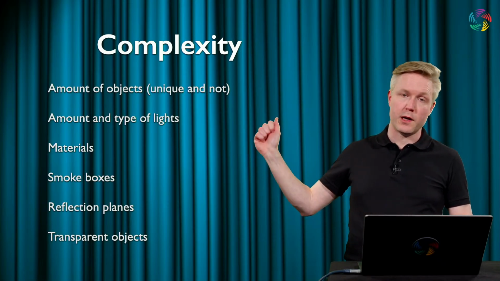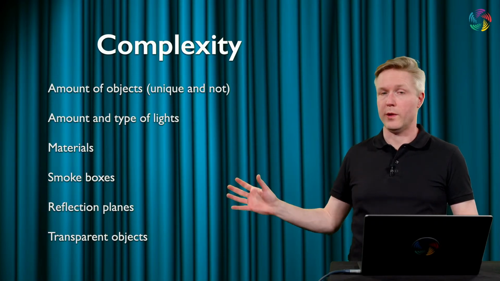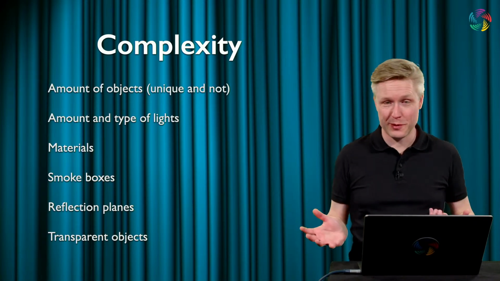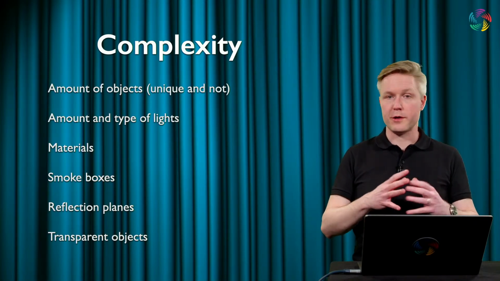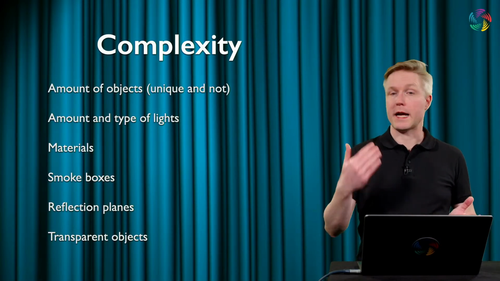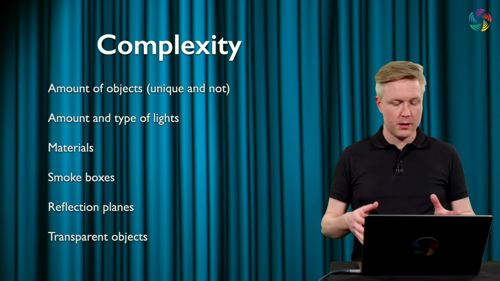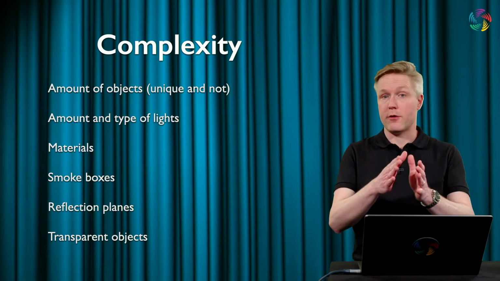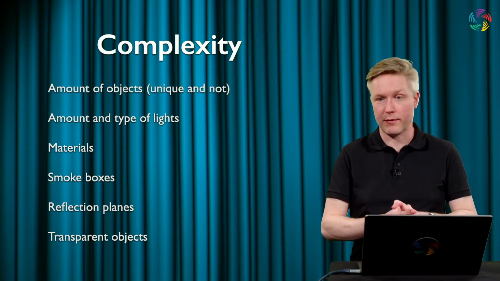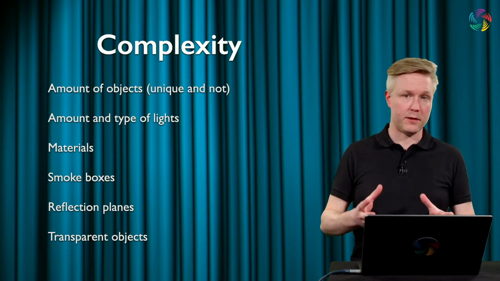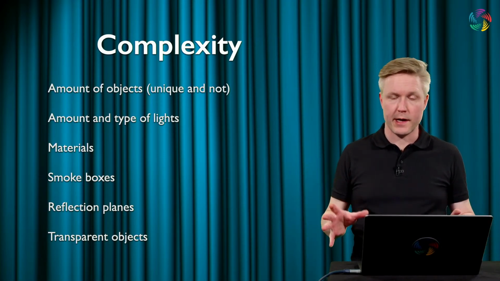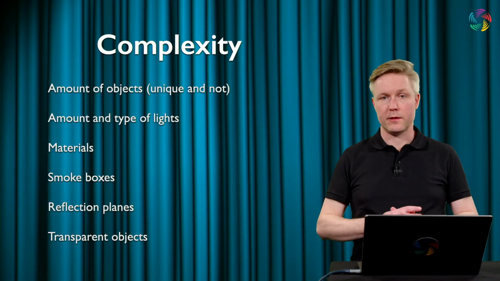Next, of course, is the amount and type of lights we have. So each light comes with some light to be rendered, and the larger portion of the stage that needs to be painted, the more taxing it is on performance. So lights with a narrow beam, like some lasers or beam lights, pin spots, stuff like that, they are not that expensive performance-wise. Floodlights, washes, Fresnels, these types of lights, they are the most expensive,